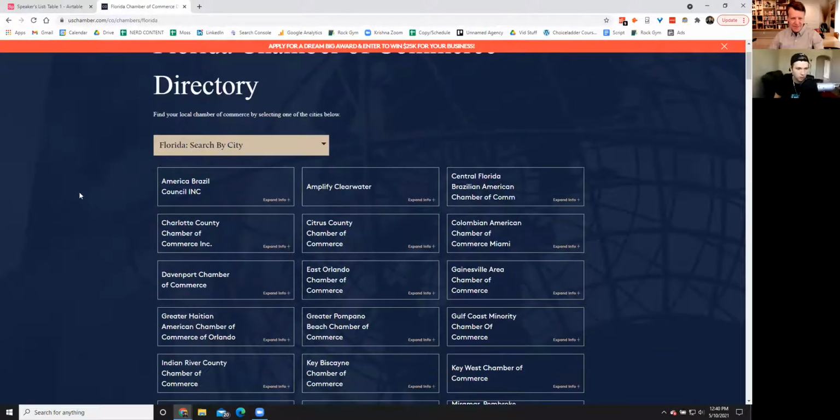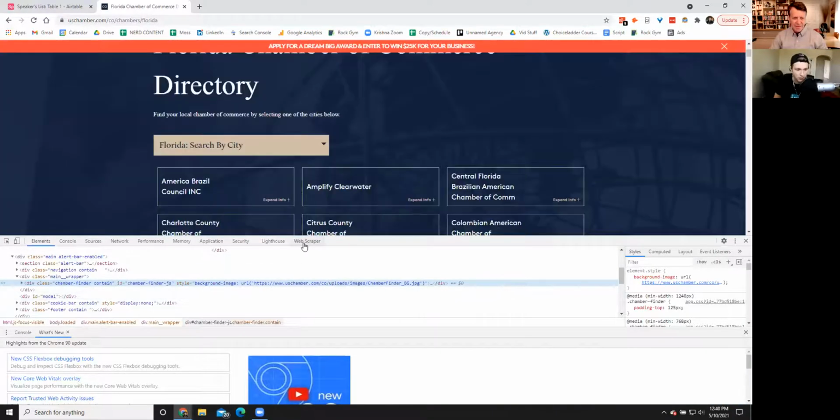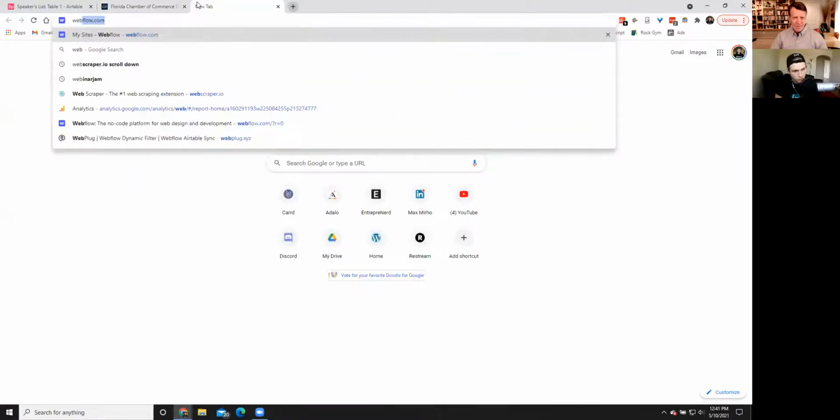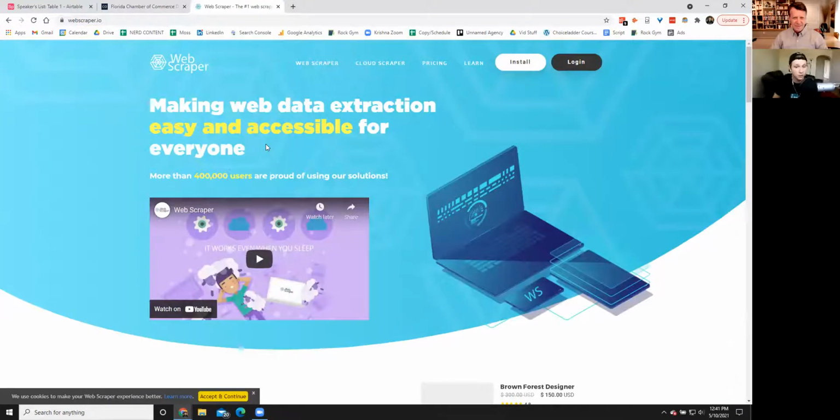Let's go and I'm going to do inspect. This is actually a no-code tool, the first little example. I clicked inspect and I click over to web scraper. It's just a Chrome plugin that I installed called webscraper.io. Let me show you that really fast. Webscraper.io. Super simple little web scraping tool. Previously, you needed to know all sorts of fancy code to do that, but